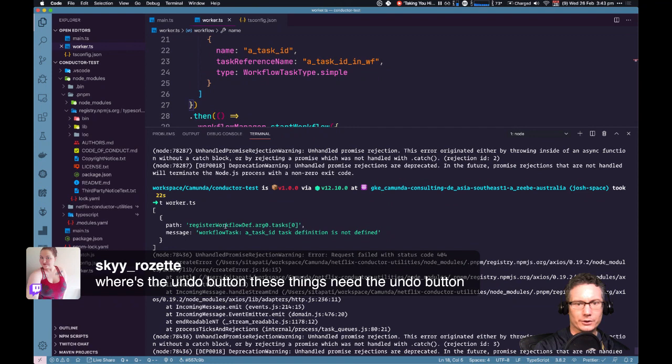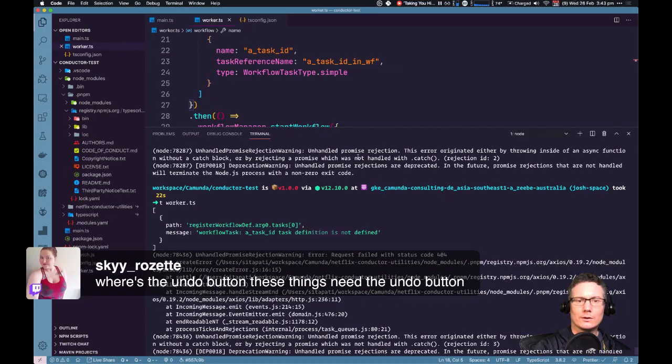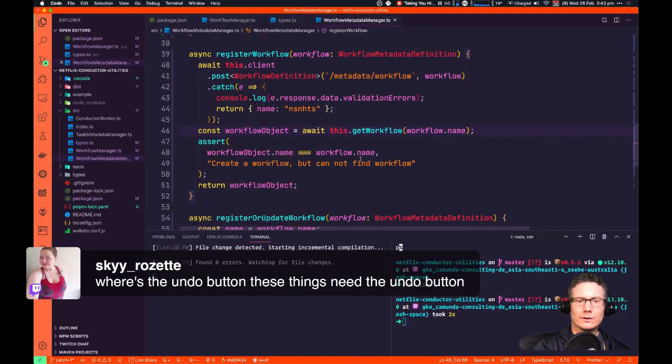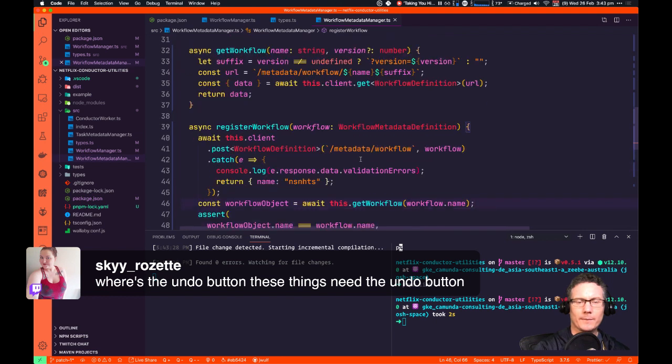Register workflow definition. Argument 0, task 0, a task ID, task definition is not defined. Okay.